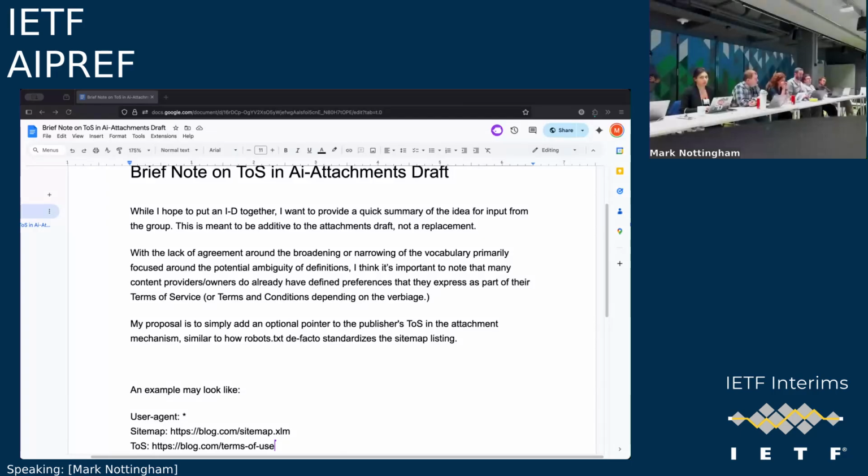Considering that you're delivering robots.txt over HTTP, you already have that capability, and when you retrieve the robots.txt, you can provide a link relation in the header that points to the terms of service. So the capability already sort of exists. The question is, to what extent is it bound to the resources that are identified within robots.txt as opposed to the document itself? So I'll interject briefly.